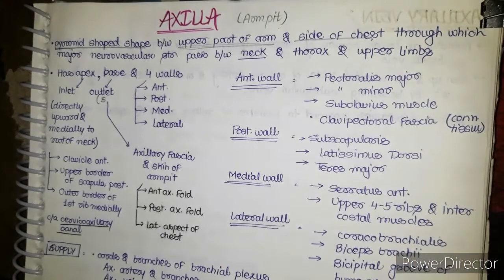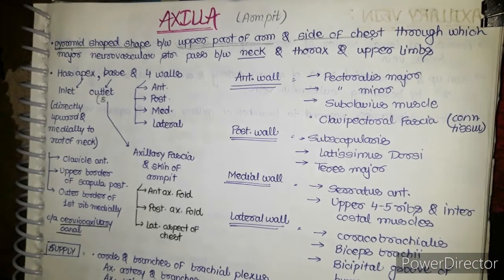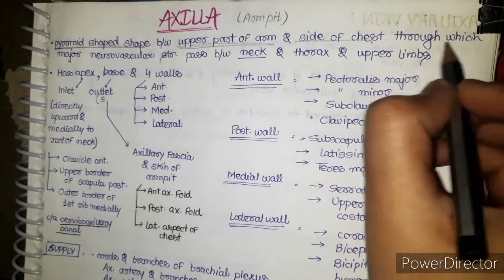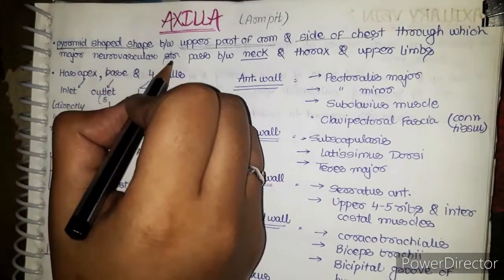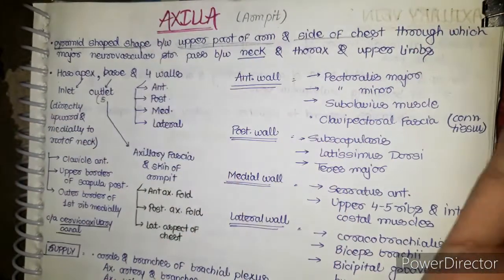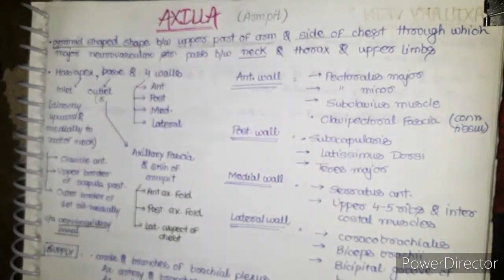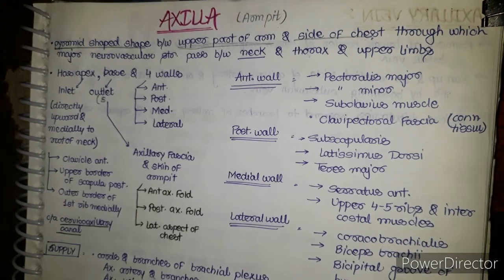If someone asks you what's the function of the axilla and why we should study it, you can't say that we have hairs on it. The importance of the axilla in anatomy is that various neurovascular structures, the vessels, arteries, nerves and other things, pass through this structure. That's why it's really important to study the axilla.